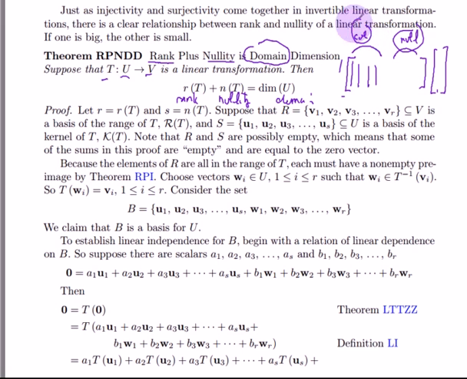So here we're having column space, which corresponds to rank, null space, which corresponds to nullity. We have rank plus nullity equals number of columns. Number of columns corresponds to the dimension of the domain. All right, so to prove this theorem, what you basically do is you construct a basis for the domain